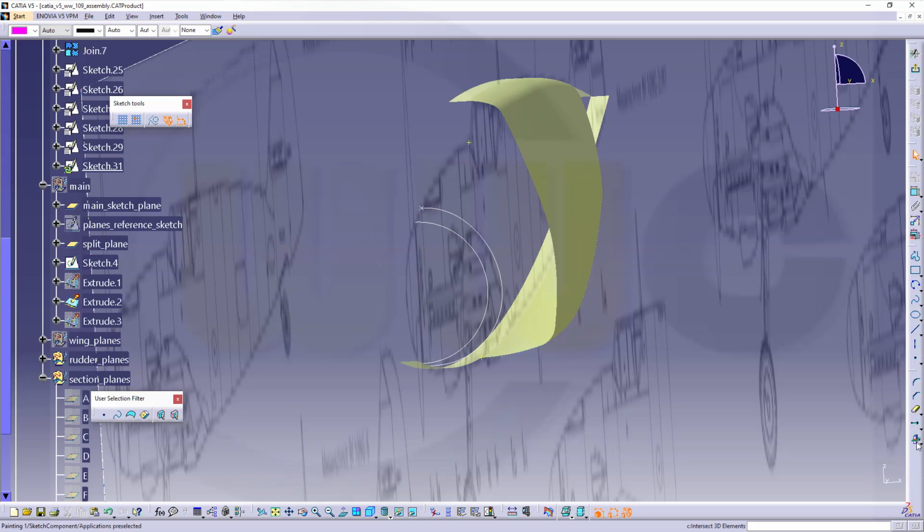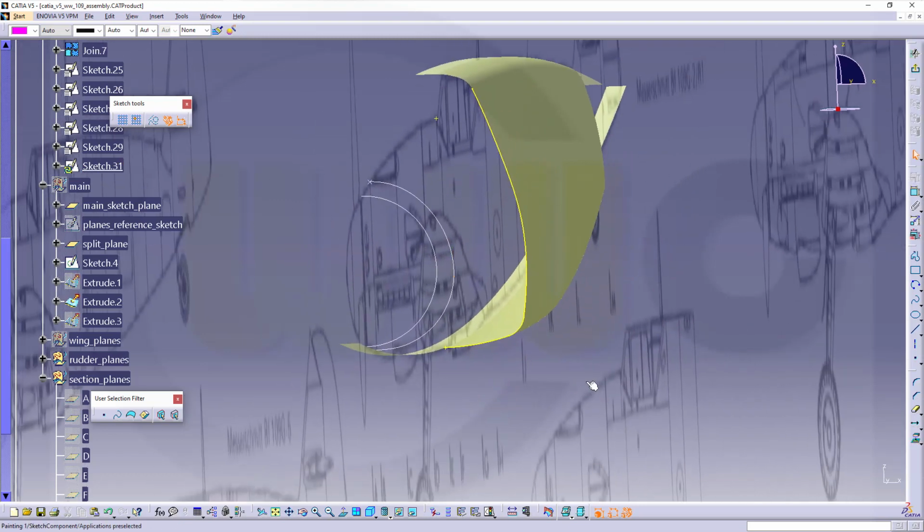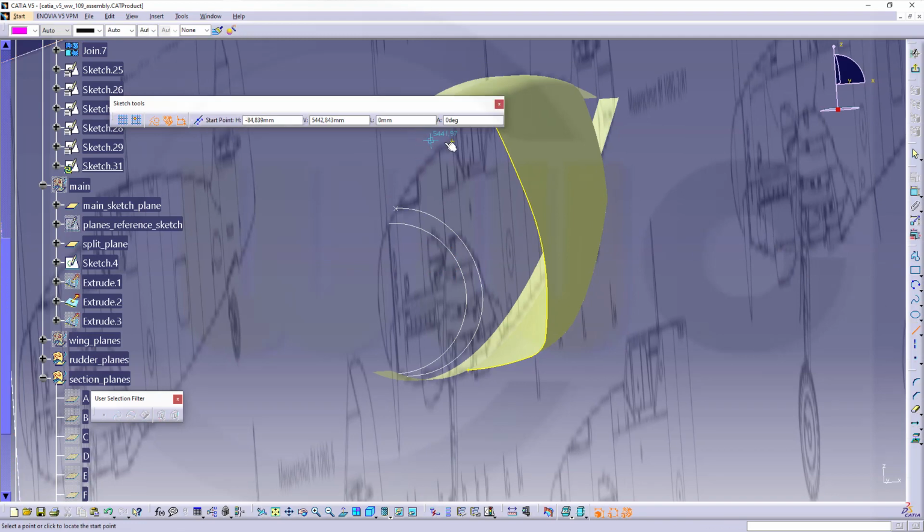So go for, make sure it's nothing selected, double click here, or go for this one, double click. And I need this edge here. It should go down on this one and that one. I need a construction line from this point, snap horizontally in that direction,